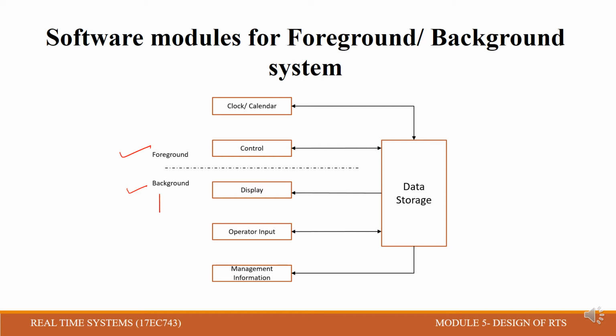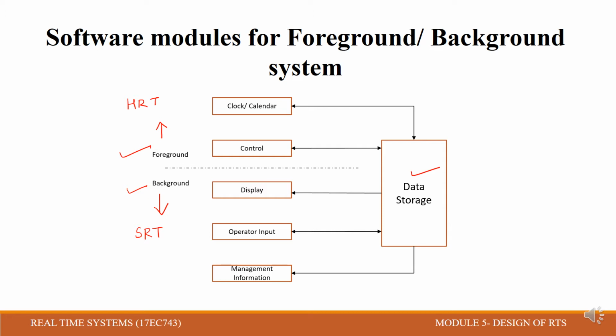When I say background, these are the modules which run with soft real-time constraints, and these are the ones which run with hard real-time constraints. So this foreground and background approach separates the control structures. However, they are still linked through data structures, as is very evident in the figure. The linkage occurs because they share common variables. Why is there a link? Because they share the common variables.